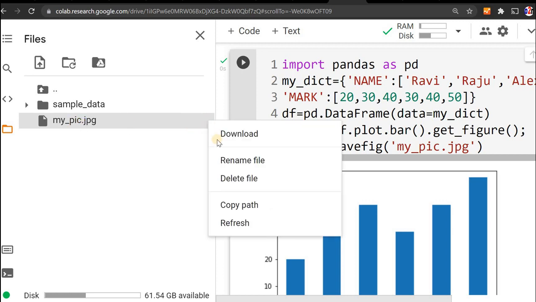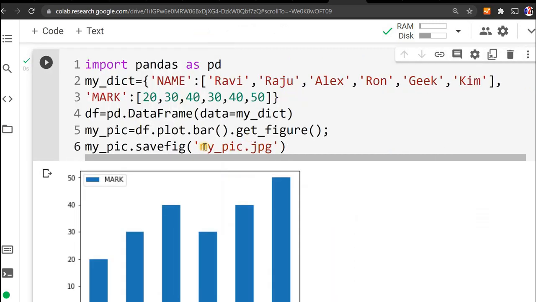Now I can download it. If you are running this on your local machine, then here you can give a directory path, like the D drive, then my picture, or your downloads folder, wherever you want to store it. If you give the path on your local machine, it will be created on your local machine.